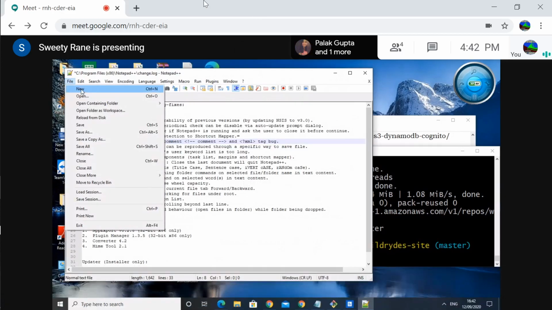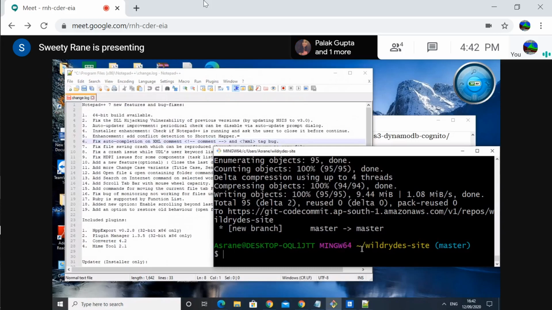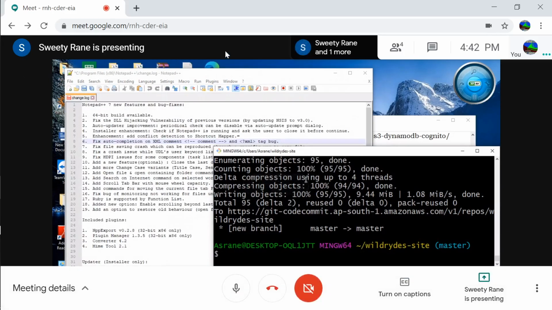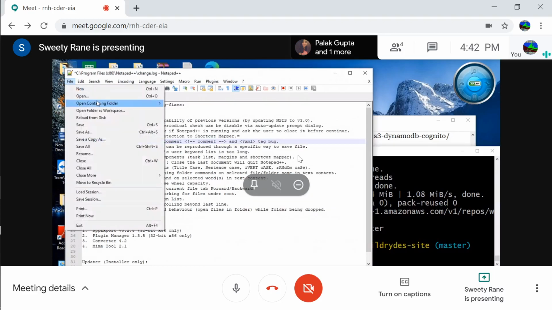You need to open. Just now you copied all the files to your local folder, no? Go back to your Git Bash. What is the folder name on top? So all your files have been downloaded here. This folder is tied to your CodeCommit.